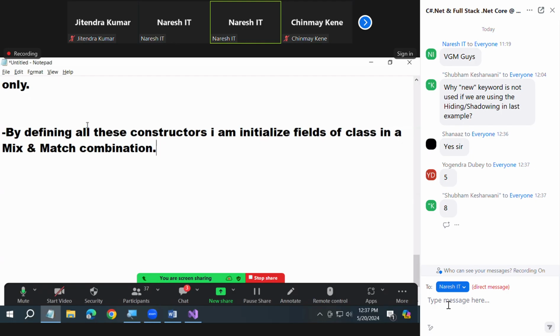See, now A, B are there. What are the combinations? None, only A, only B, A B. Now A, B, C are there. Calculate now. None, A, B, C, A B, B C, A C, A B C. That also will come now. 4 plus 4, 8. Are you clear? If 5 are there,